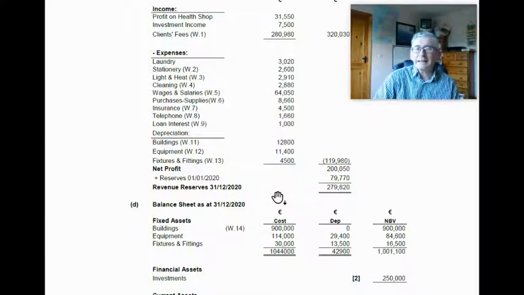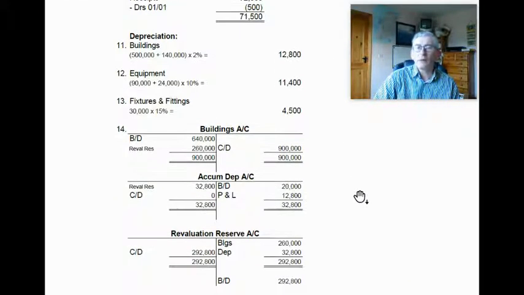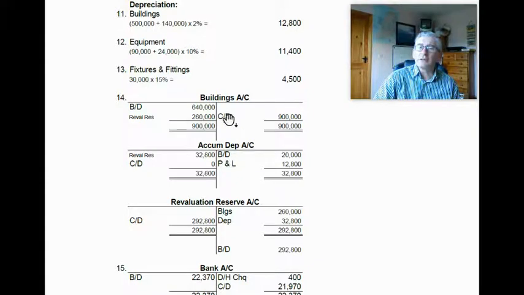Now, okay, that's part C of the question. And really, if you've had this practice, I would imagine you'd manage this quite easily. The next thing we're moving on to is the balance sheet. And I suppose the only thing we have to watch there is what do we do with the revaluation? Well, it's very useful. And once again, you need to know the rules on a revaluation, but